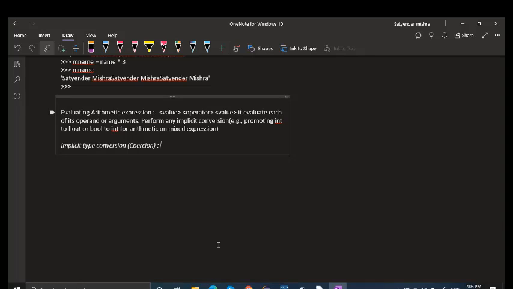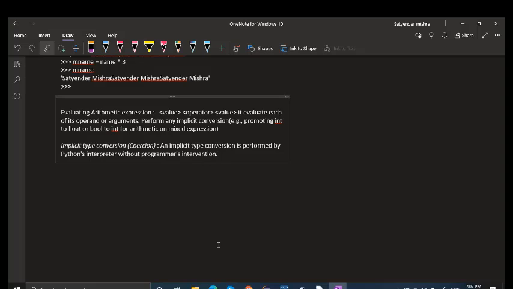An implicit type conversion is a conversion performed by the interpreter without programmer intervention. Your intervention is not needed; Python will do it by itself.